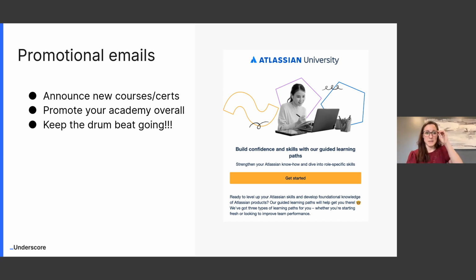The other thing I want to say about emails is they are one of the easiest ways to market, promote, communicate with people, but they're also not the only way. And that's why we want to look at a well-rounded marketing program, because email open rates, depending on your audience and what types of emails you're sending, could be between like 20 to 40%. So that means, math, 60 to 80% of people are not opening your emails, which means they're not even seeing any of this. So that's why it's important for us to hit people from multiple different places. And we'll talk about other ways to do that.